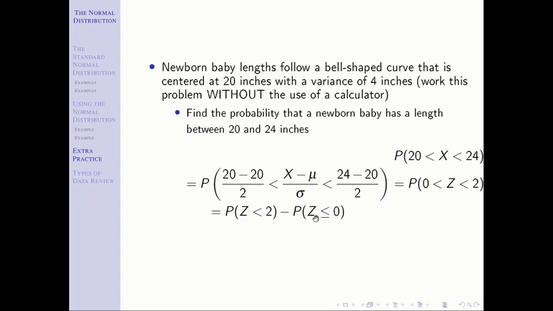So again, remember, I need to drill into your brain. I need to make sure you understand that there's a number inside of a probability statement, and that is completely different than what the probability itself, the whole thing, is. This whole piece gets replaced with 0.5 because the area to the left of 0 in the standard normal distribution is 0.5. So this is our original answer of 0.9772 when we looked 2 up in the table. Previously, we subtracted from 1. Now we're going to subtract 0.5 from that to get our answer.